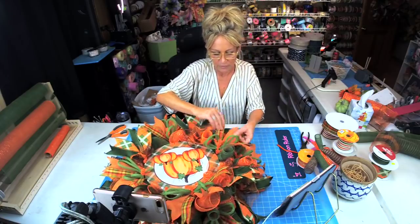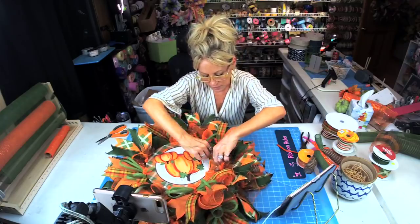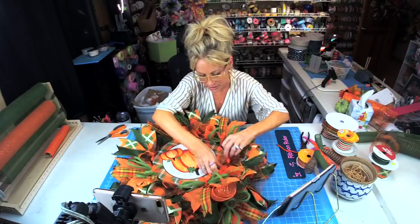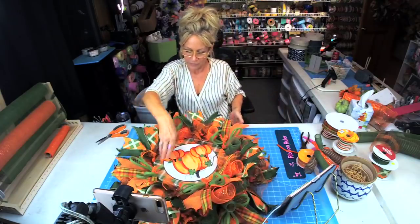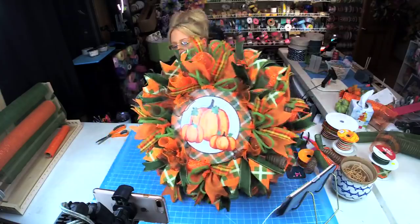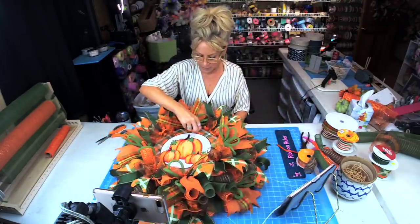Separating the ribbon. Let's pull that out. I don't like when things look smushed and mashed. Alright. So that's what I have so far. But I'll fix this more because